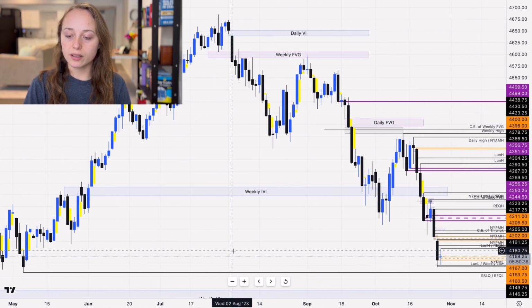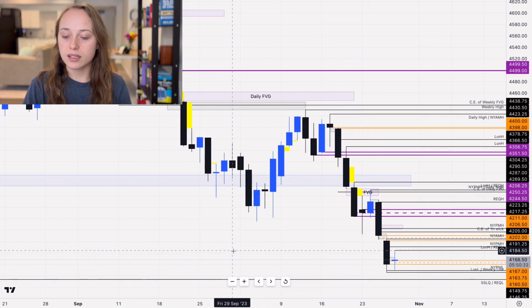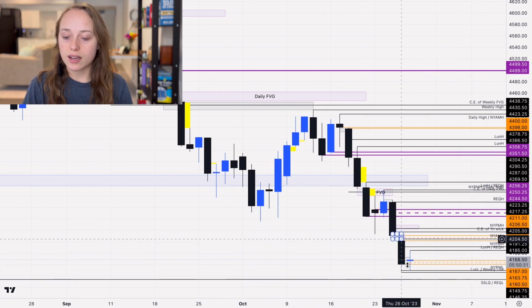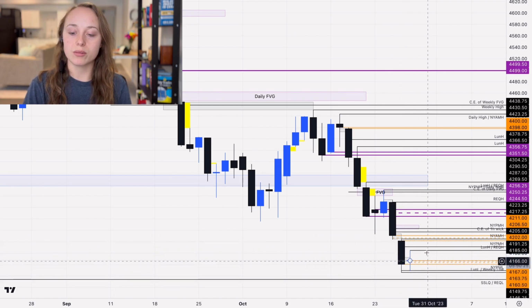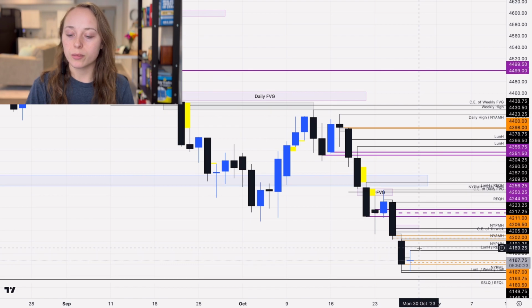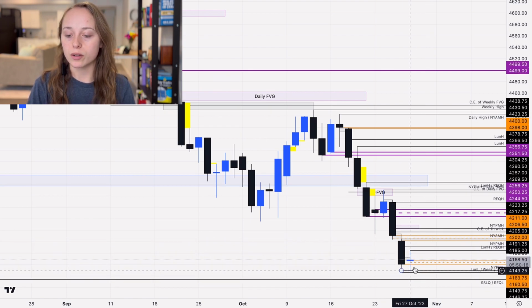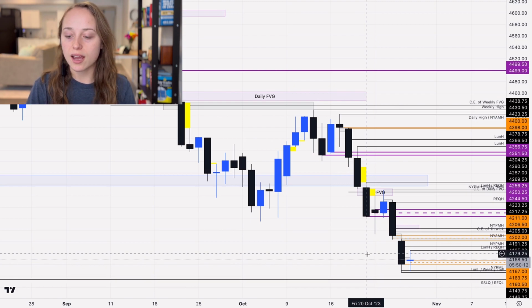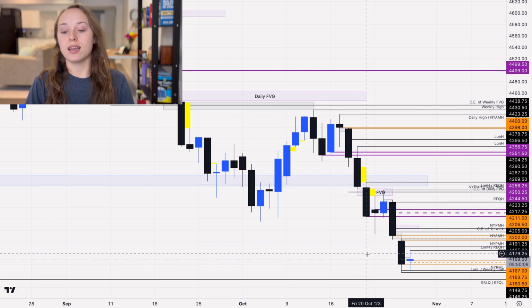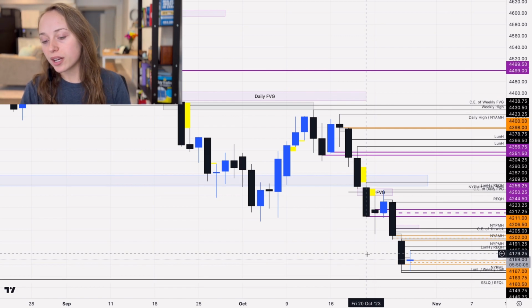Now, if we look a little bit closer, we can see that we actually have an inside candle right now. So I saw that and I was like, hey, we might actually have some consolidation considering we opened inside the candle and we haven't moved outside of this previous day candle. So because of that, we might see some consolidation, and it is Friday. We did have news today, but I'll kind of show you guys what I saw in the markets.